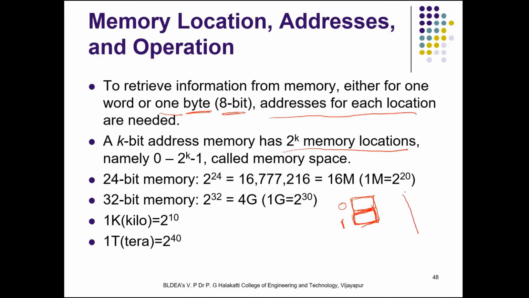If I have 4 memory locations like this, then probably 1 bit representation is not enough. At that time I use 2 bits to represent. So I will say 00, 01, 10 and 11 to represent the location of the memory, or the memory address. So 00 means the first memory location, 01 is the second memory location, 10 is the third memory location, 11 will be the fourth memory location.